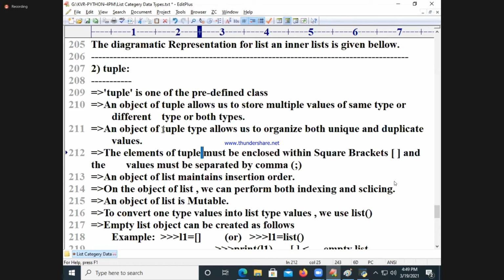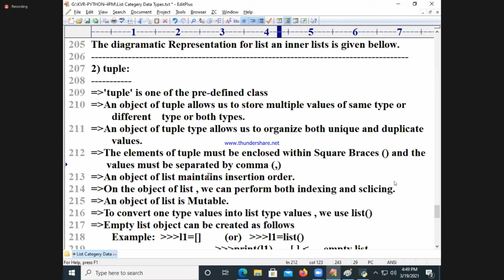Elements of a tuple must be enclosed within braces, and values must be separated by commas.